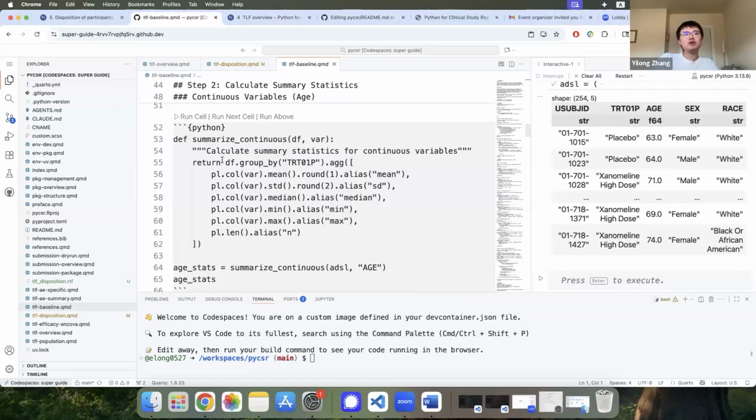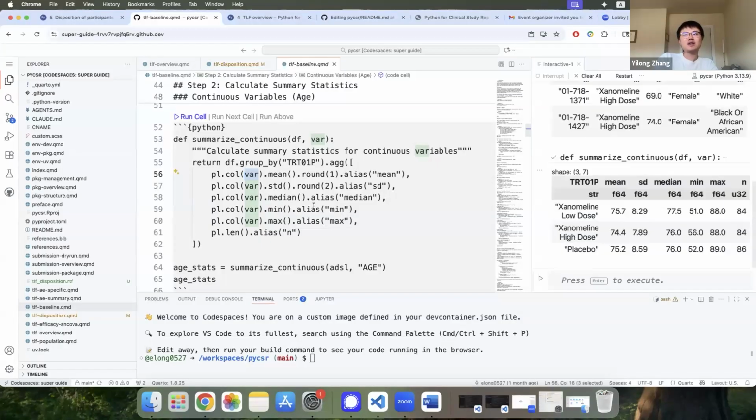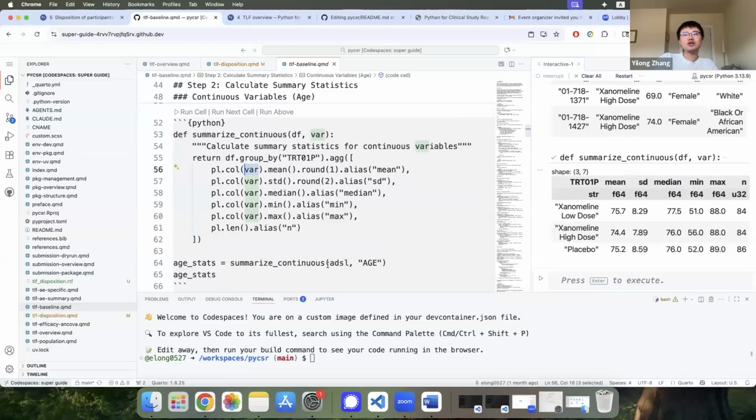So in Polars, we basically group by treatment group, and you can use the aggregate function to calculate for different columns. And the interesting thing here, you can just define the variable as needed. And it's also okay to define multiple variables in a list. Like if this variable is a list, you can actually do that at the same time. And in these functions, if you're familiar with the syntax, it basically just gets the summary statistics, nothing fancy, right? And with this part, we can just define this function and summarize the age. And similarly, for all other continuous variables, you can do the same thing.